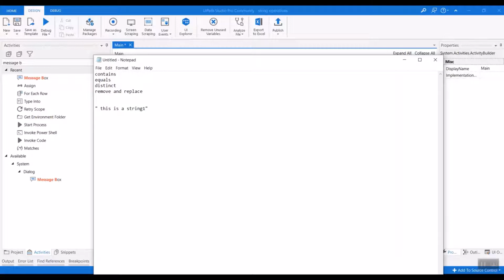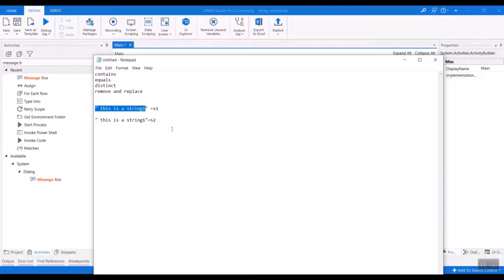And what equals is, suppose we have some other string, then that string must be equal to this whole string, and only then is that condition satisfied. So if this is s1 and s2 is also the same as the s1 string, then this satisfies the equals condition. But contains is satisfied if we take some element of the string and verify whether that element exists in the whole string or not.